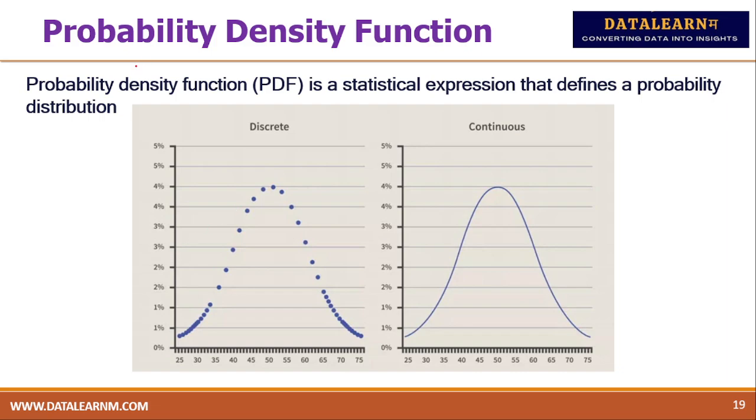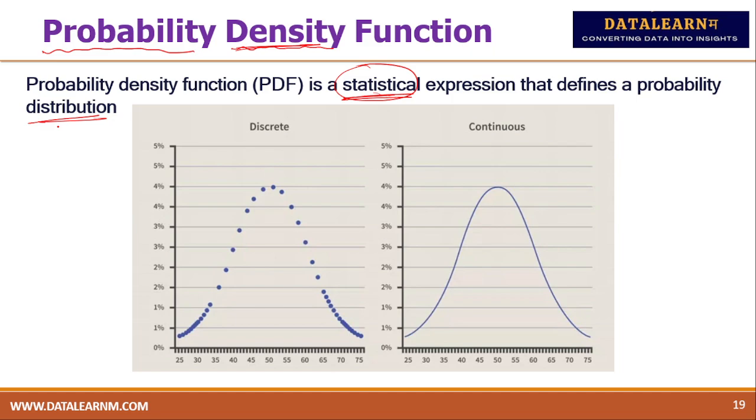Next, something called the probability density function. Probability is the possibility to lie in that region. And density is nothing but how many values are there in that particular region. Density means its occurrence in that particular region. So the probability density function is a statistical expression that defines the probability distribution, how your values are distributed